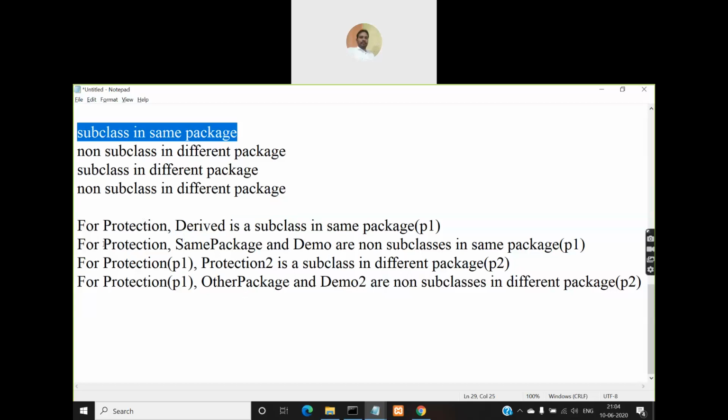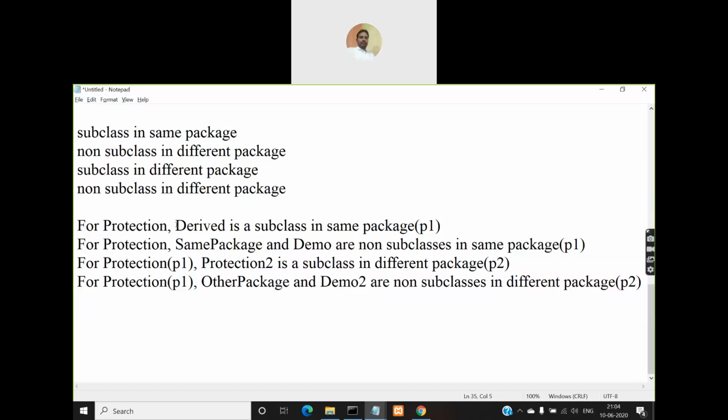So that's why it will fall in this category, subclass in same package, right? Again you consider the same protection class, and out of those 6 classes we have considered derived. Now we'll see same package class. So same package class and demo class, they both are defined in the same package P1, but they are non subclasses. They don't have any relationship with protection.